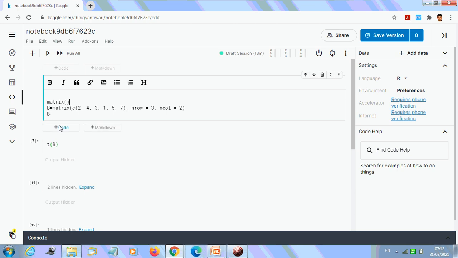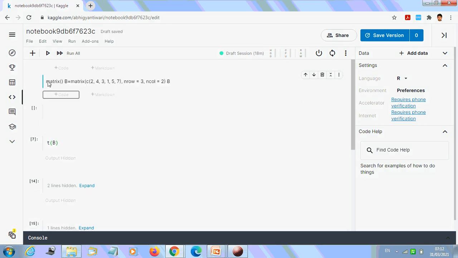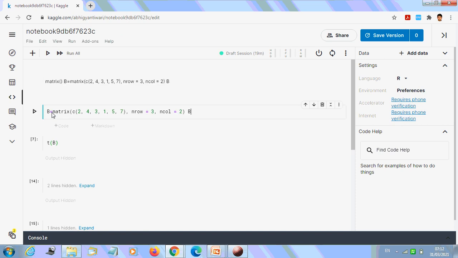Let me make a code cell over there. First of all, let me copy this. We'll go there and write this one. This is how we are going to see it, and let me execute it.